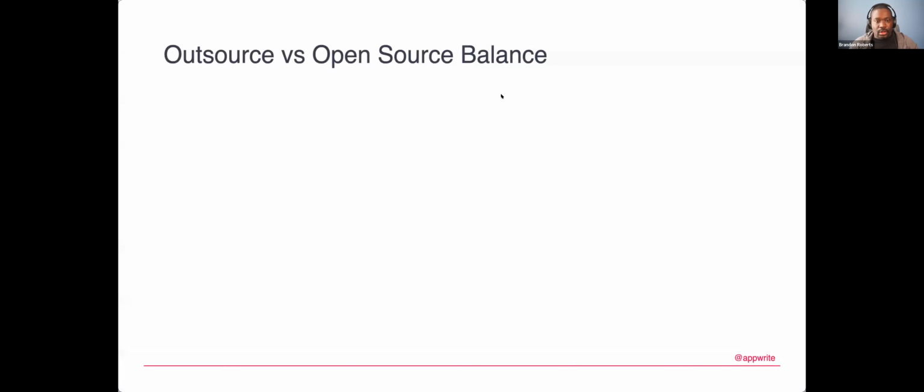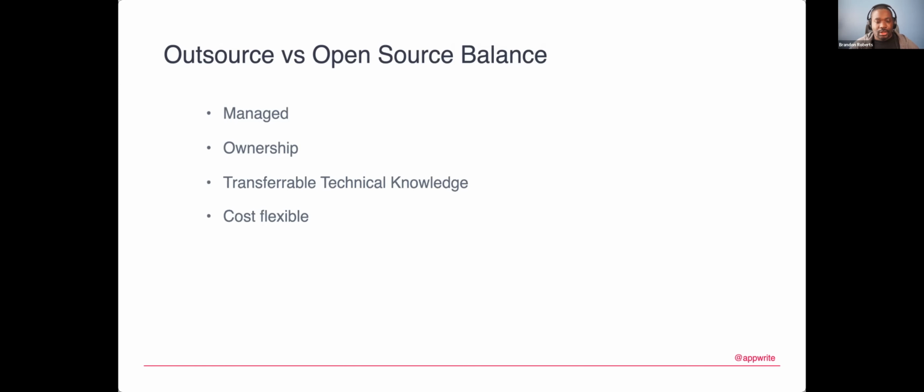So we'll come back to here. And as I mentioned before, one of those, the balance of ramp up time, being able to have a secure option, scalable, and have these abstractions, and something that's proven, having data that's managed. And like I said, having the best balance of these things, ownership of data, that transferable technical knowledge, being cost flexible and platform flexible.